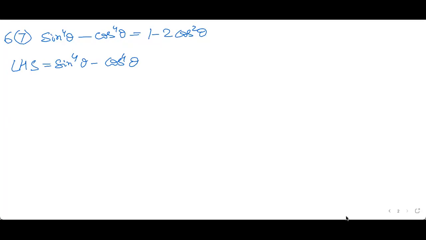Now I'm going to write the second step. You will then have to pay attention to what happened in the second step so that you can give the third step to me. Now sine 4 theta can be written as sine square theta into sine square theta minus cos square theta into cos square theta, because a to the power 4 is what? A to the power 2 into a to the power 2. If this is the case, and I'm telling you that this step is correct, tell me what should we write in the next step? What familiar algebraic identity do you see now?